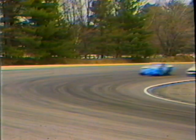Simpson hits Ricky Craven up on the outside of turn number 4. And Simpson has come around, a little too much gas pedal. Let's see if they bring out a yellow. Yellow is out. Glenn Cusack has a commanding lead. There is a yellow flag on the track, and